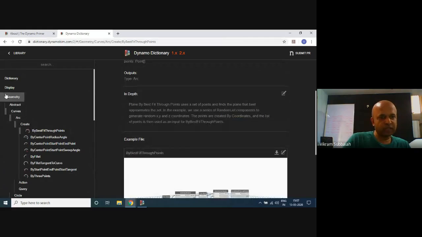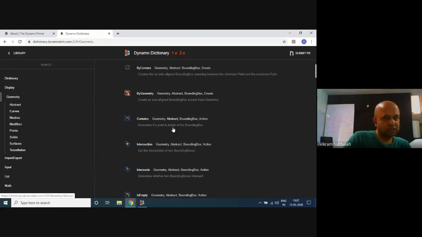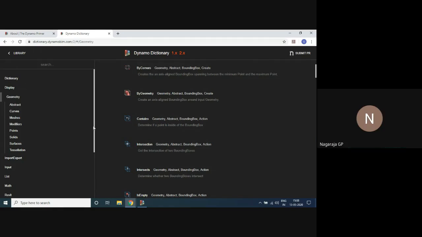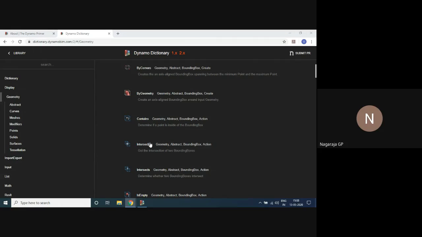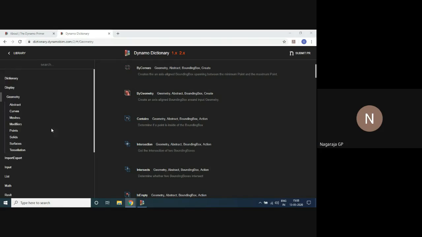So it'll be a good idea for you to explore all of this and figure out how you want to use the different nodes in your graph. I will not be able to cover all of this, because only what is contextual to whatever we are doing, I will be covering. So make sure you go and look at what was possible here so that it gives you a good idea of the various tools available.